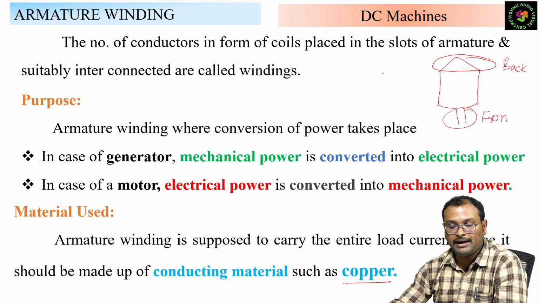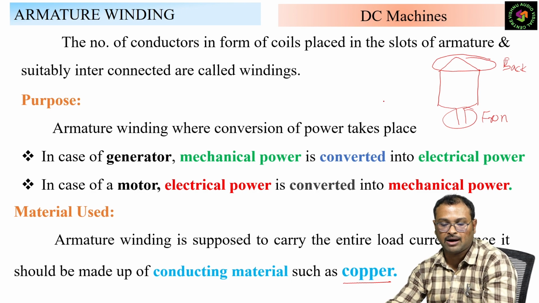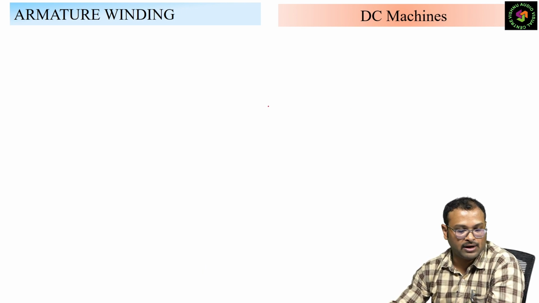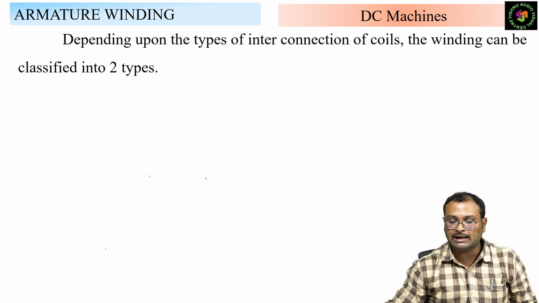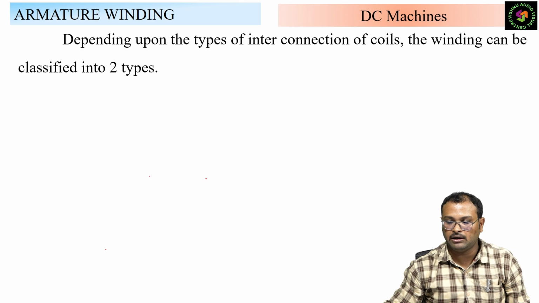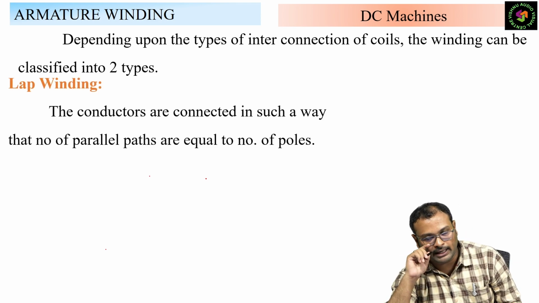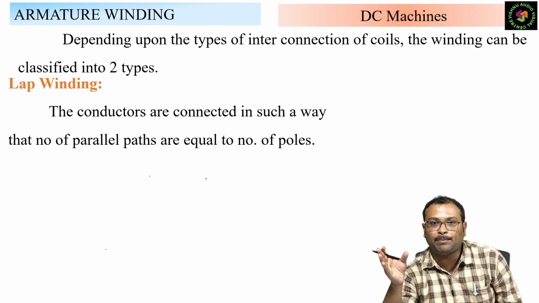Here in this winding also, according to the connection of these coils, there are 2 types. Depending upon the type of interconnection, the coils of the winding can be classified into 2 types: one is the lap winding, another one is the wave winding. In lap winding, as it is mentioned, the conductors are connected in parallel paths,